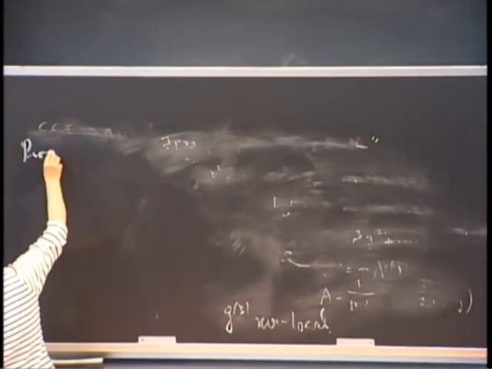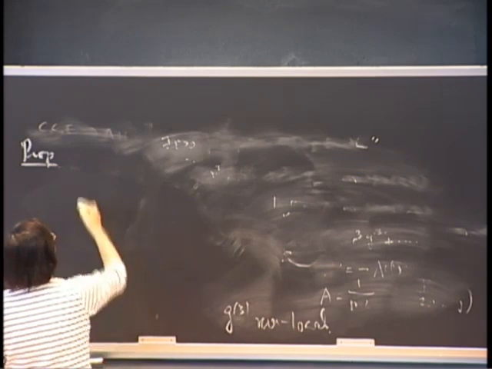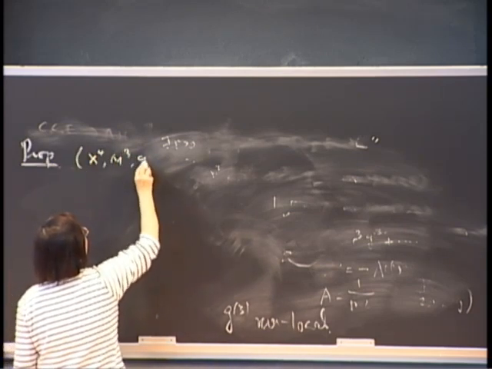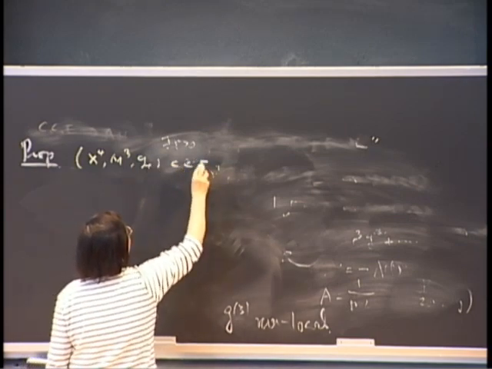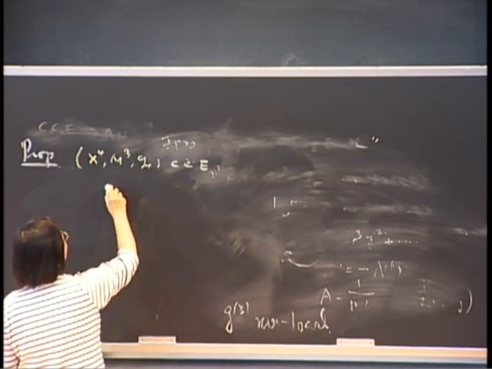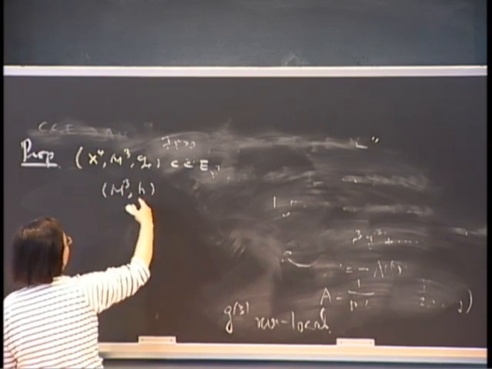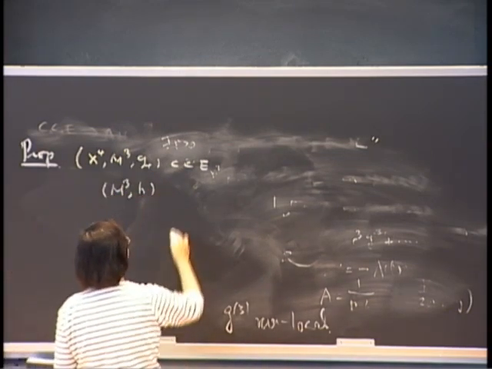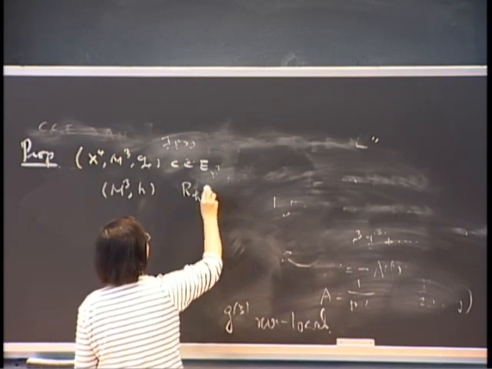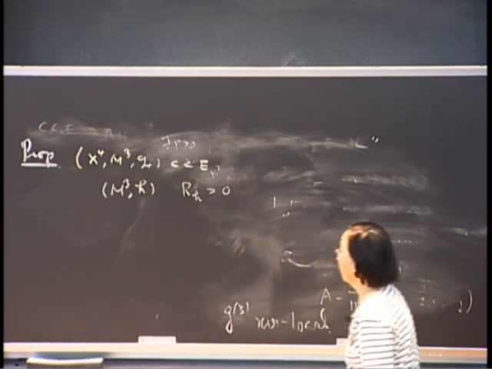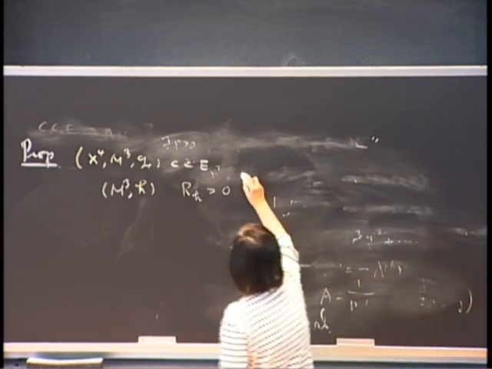It turns out in this Poincaré-Einstein setting, if the boundary metric is h, and if the scalar curvature of h is positive, then